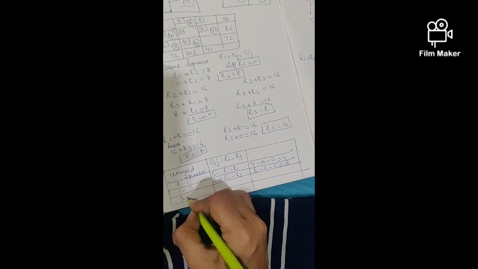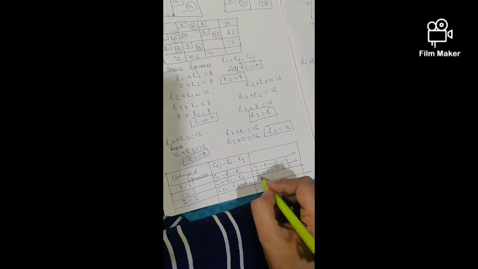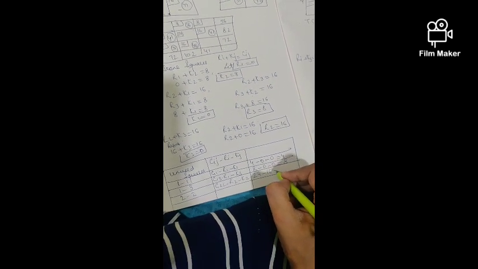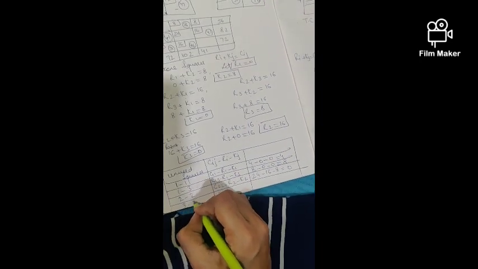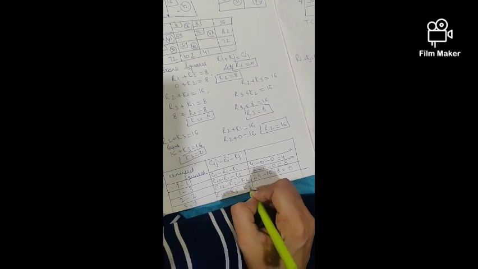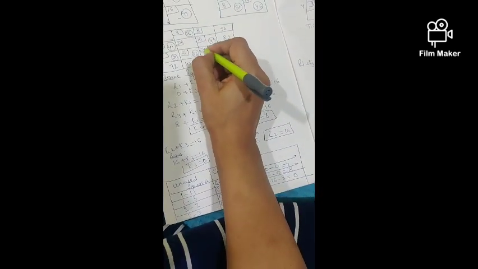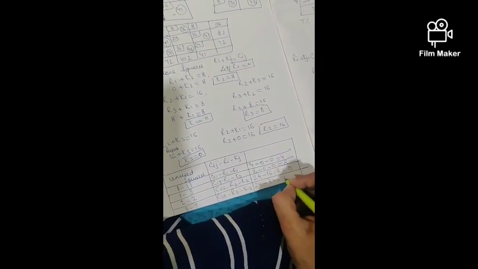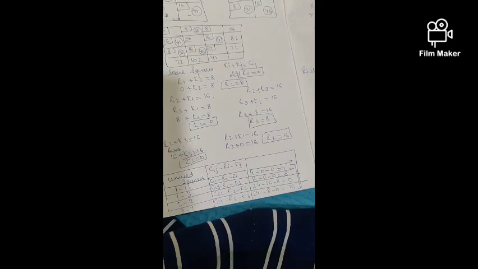Then we have this one. Unused square is 2 2, C22 minus R2 minus K2. This will come out to be 24 minus R2 is 16 minus K2 is 8. 24 minus 16 minus 8 is 0. Then last we have 3 3, C33 minus R3 minus K3. C33 is, I forgot to write the value over here, it's 24. 24 minus 8 minus 0. So this is 16. So as you can see, all the values are positive.